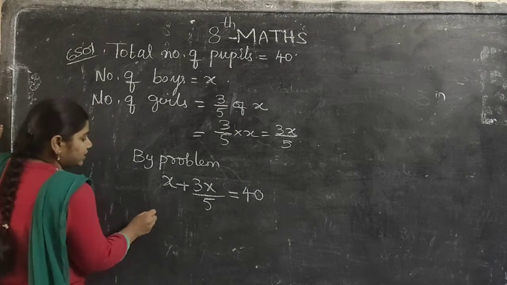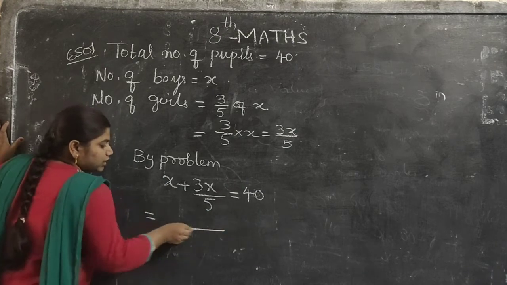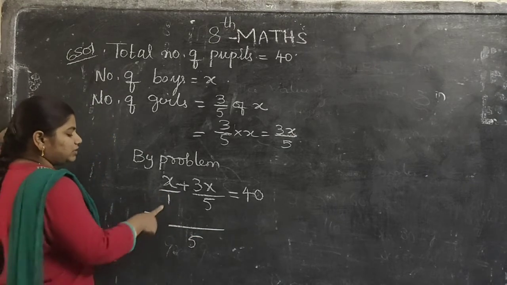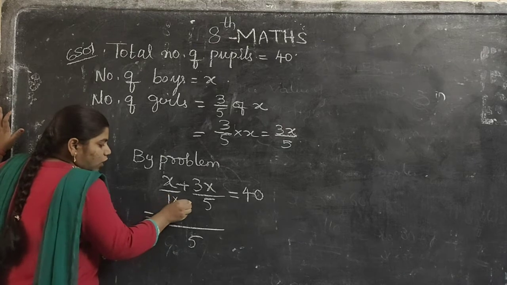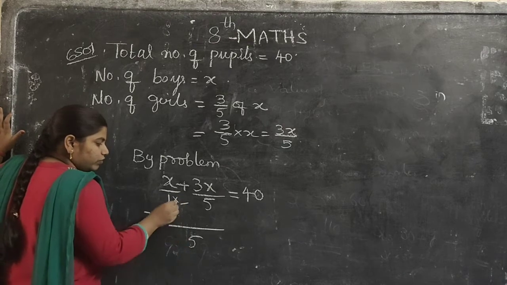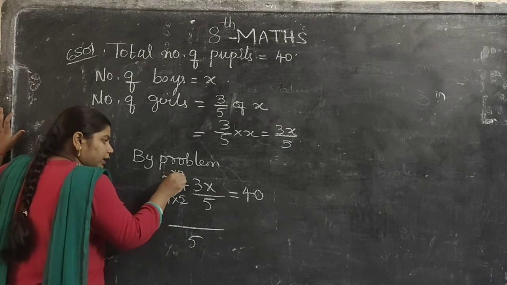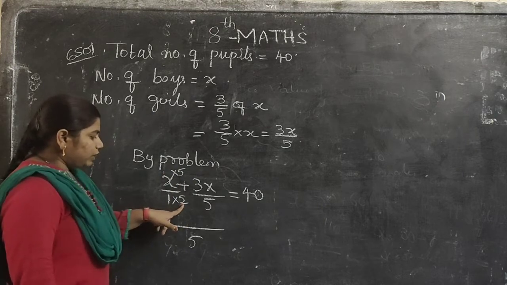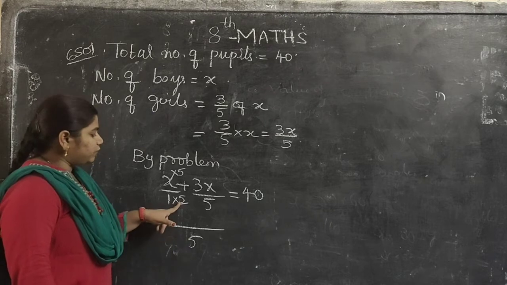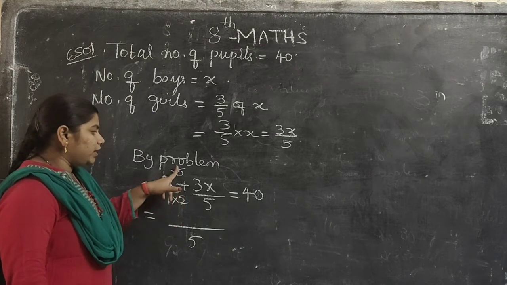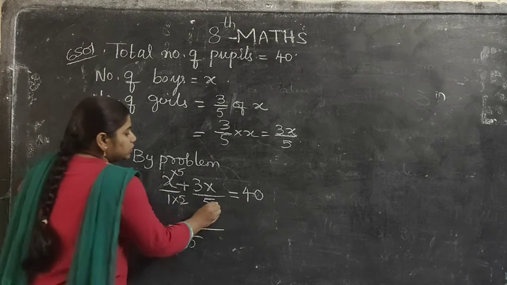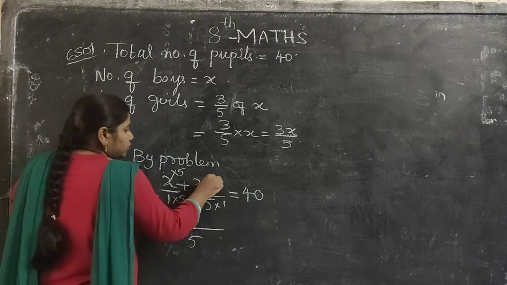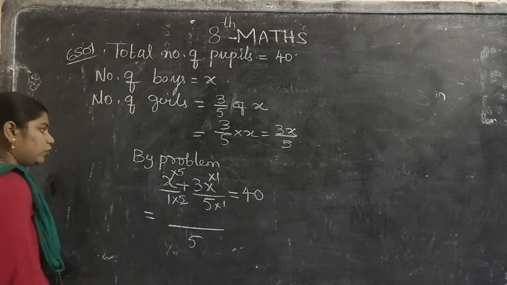Now take the LCM here. So if you take the LCM, that will be 5. The denominator doesn't have anything, so it remains as 1. For x, how much will you multiply to get 5? That is 5 times. So that 5 I am multiplying in numerator and denominator. For 1, how much will you multiply to get 5 again? That is 5. So this 5 I am multiplying in numerator and denominator. In the same way, for 5, how much will you multiply? You will multiply 1. So that 1 you multiply in numerator and denominator.